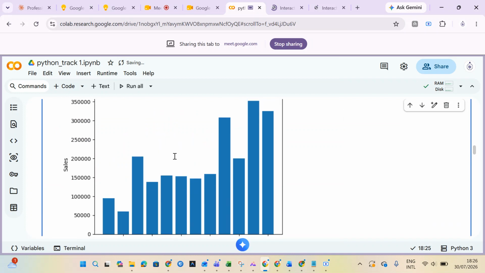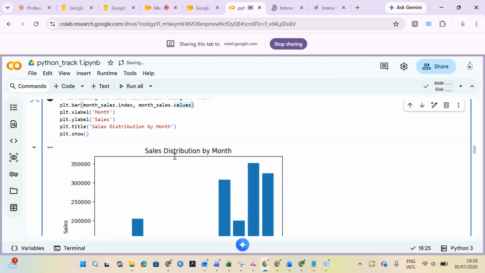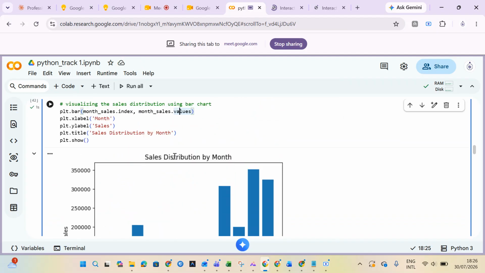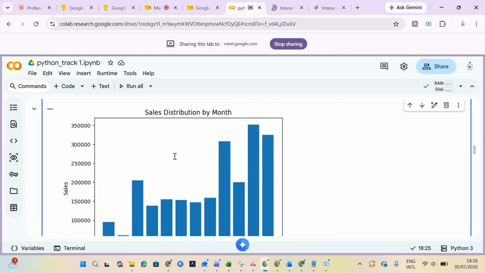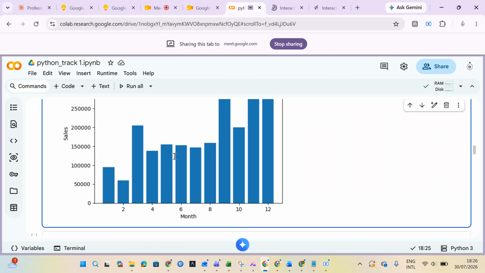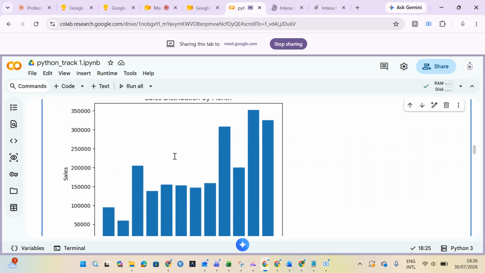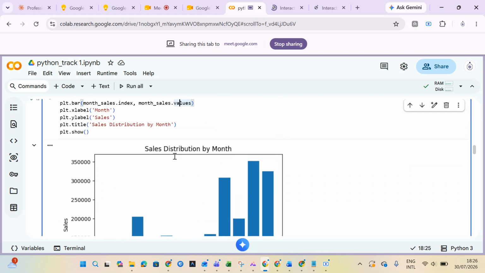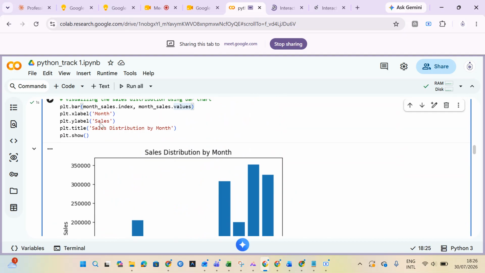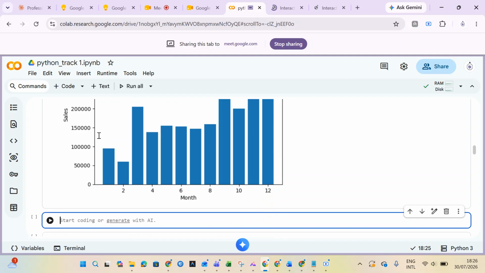So this is what we have, right? And it's supposed to be a line graph, right? I'm not saying a bar chart is bad, but if you are working with a time variable, you are supposed to use a line chart. So how do you do that? Unlike the rest of bar charts, pie chart, and histogram, that you can just say plt dot hist, plt dot bar, plt dot pie. If you want to use line charts,